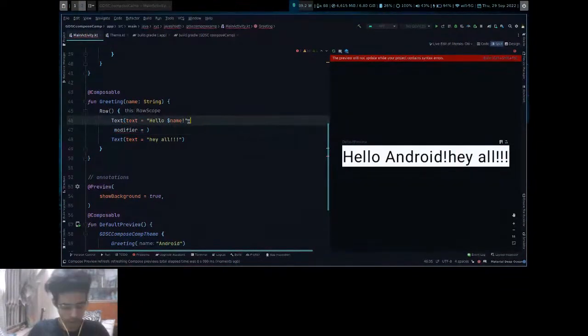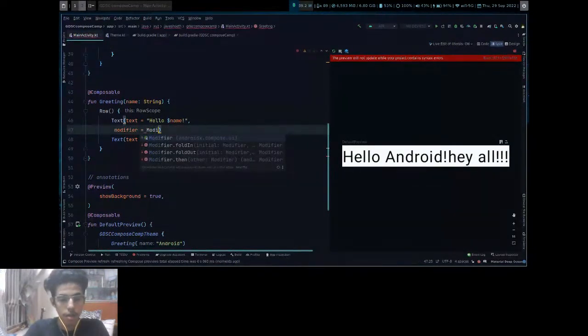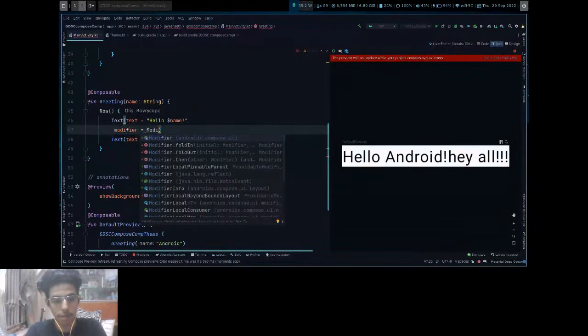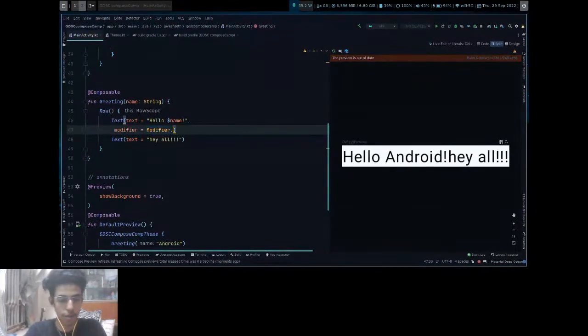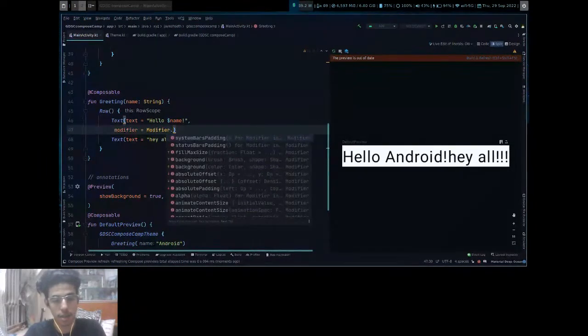Oh yeah, I forgot to put it. If you put Modifier, you can see there are multiple options that Modifier has, multiple methods. You can get the methods, as told earlier, by pressing Control and Space. You will see status bar padding. One more ability Jetpack Compose provides is easy-to-use inset padding.